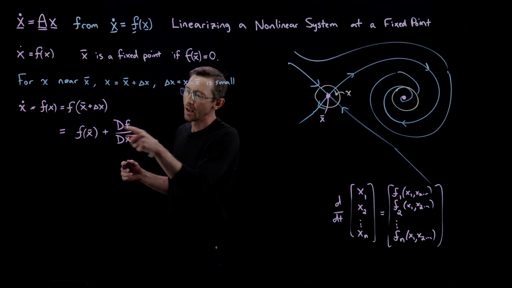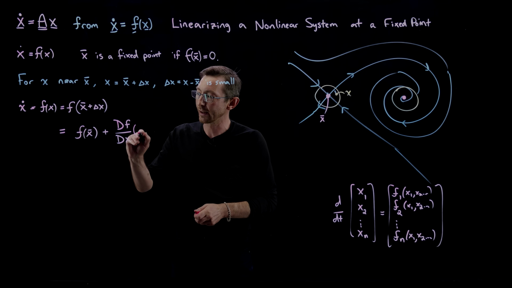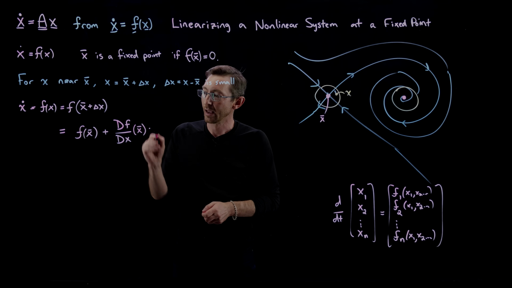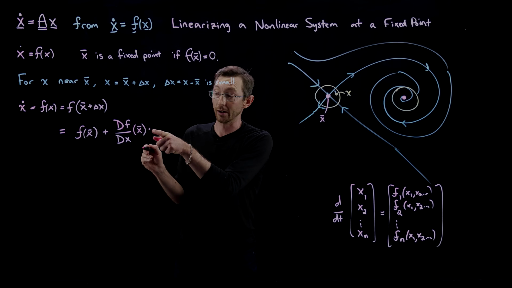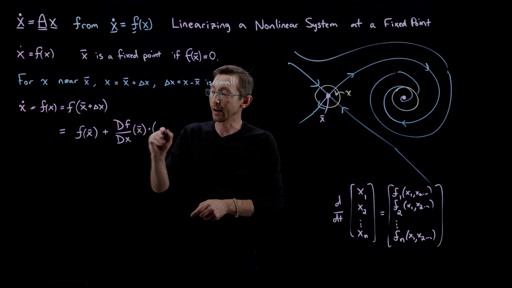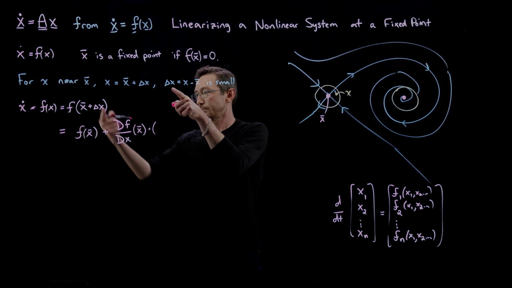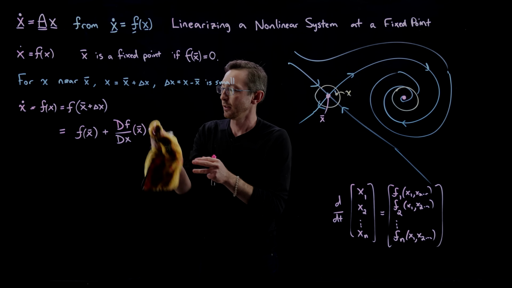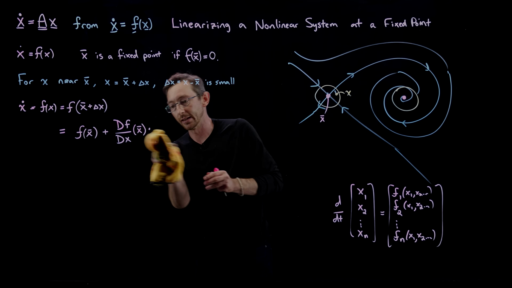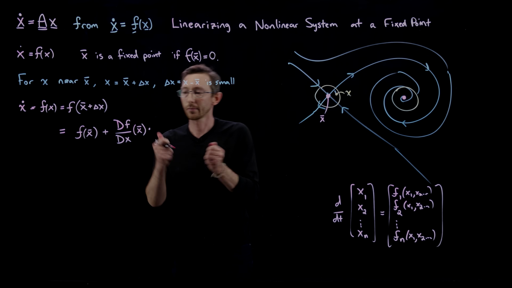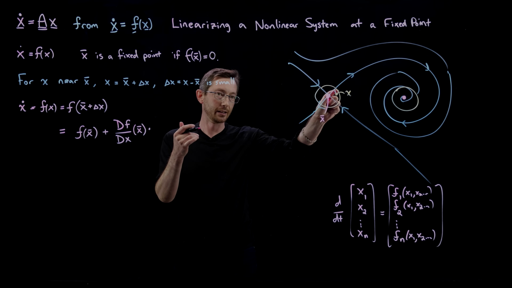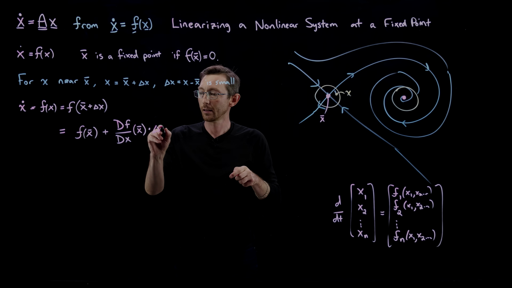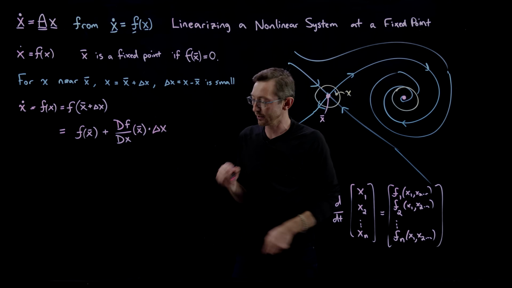This is a matrix of derivatives that I evaluate at x bar, dotted with delta x, because delta x is also a vector. That's the first term in my Taylor series,